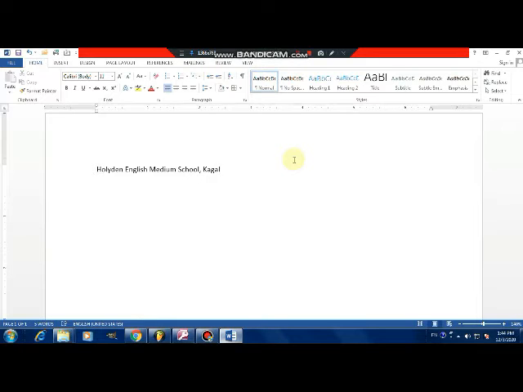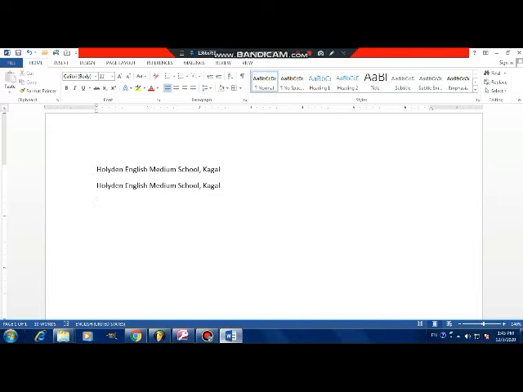Now the cursor is at the first line, and we have to go to the next line. That means we have to place the cursor here. When you click, it will not come directly to the next line, so you have to press the Enter key. After pressing Enter, the cursor is at the next line. Now whatever sentence you want to enter, you can type it. Here I'm going to repeat the same name. You can see the same name has been entered on the next line. If you want to go to the next line, you can do so using the Enter key.